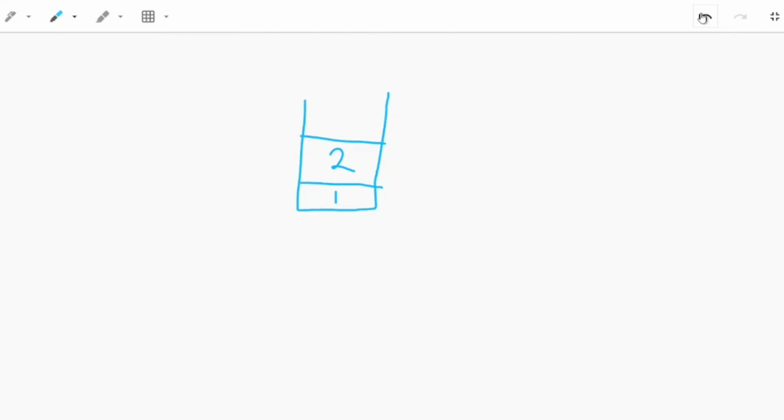Now let's talk about the undo and redo operation in stacks. So let's say we have a stack of size 2. So there are 2 blocks. And in this stack we have 2 elements. At first we have pushed 1 and next we have pushed 2 into the stack. Now you will notice that when I click this button, this 2 will be popped. And if I click this button again, now this 1 has vanished.